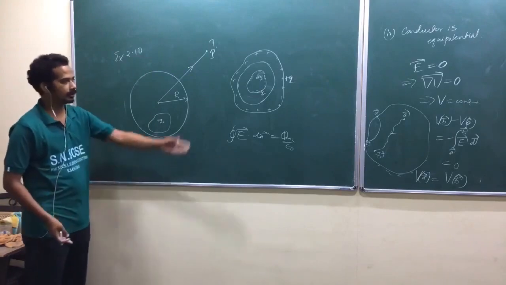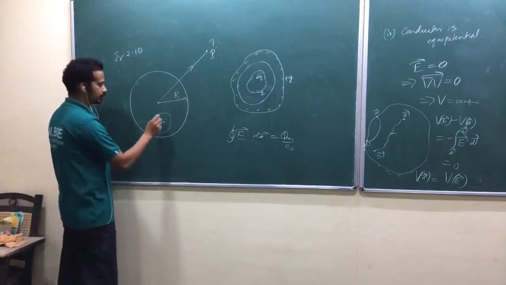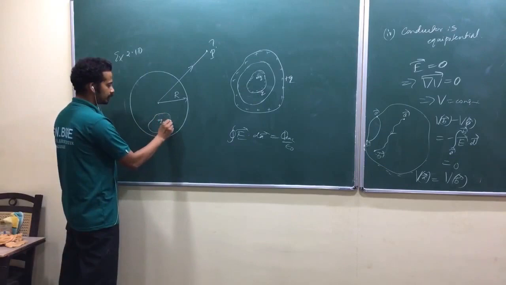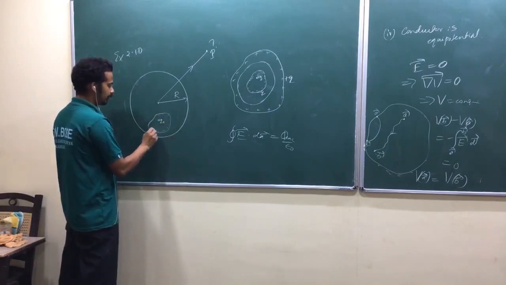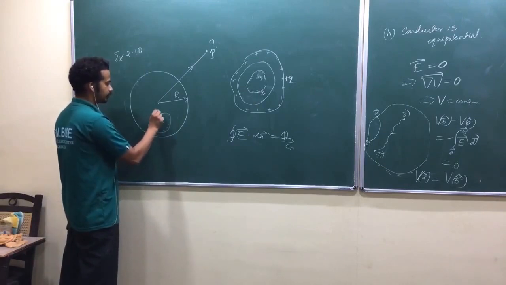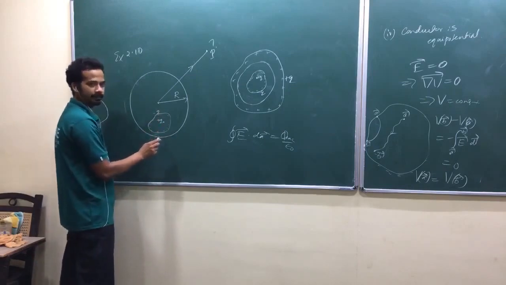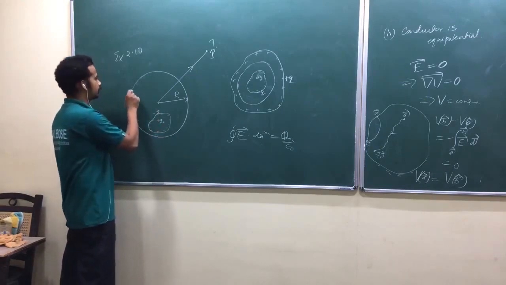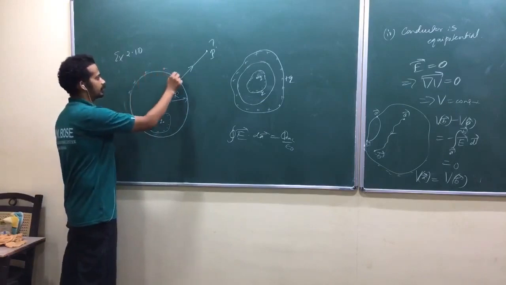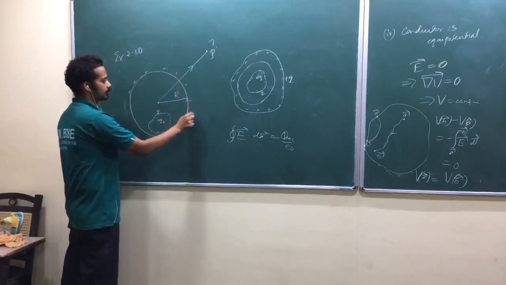Now how do you start? Again like that. This plus q charge will induce negative charges. Am I right? And the total negative charge should be equal to minus q. If minus q charge is there, then on the outer surface there should be plus q charges. Am I right? The net charge on the surface should be plus q.